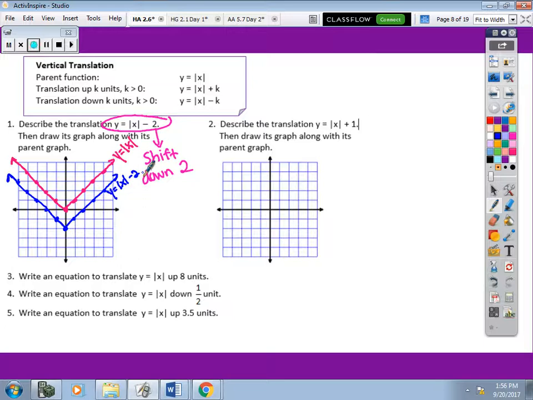Okay. So for the next one, we are going to graph it. We're not going to do it with the parent function. We're just going to graph the new one, just so we don't have to do that every single time. So this one has a +1 outside, so that's been shifted up 1. So again, you want to imagine the parent function starts at 0, 0, so I'm going to shift the vertex up 1. We aren't seeing any changes in the steepness of it, so we just go up 1 over 1, up 1 over 1, and up 1 backwards 1, up 1 backwards